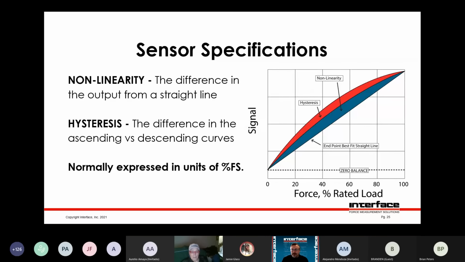When you load a load cell, the signal outputs linearly with load, basically, but it's not perfectly linear. It actually follows a bit of a curve. And so the linearity specification is how much curve is there versus a straight line. And that's the linearity. Hysteresis, well, the load cell follows a curve on the way back too. So when you unload it, it follows a curve, and it doesn't follow exactly the same curve as it did on the way up.